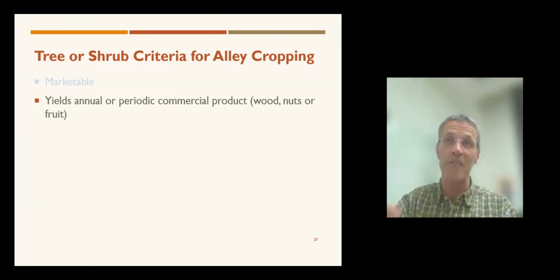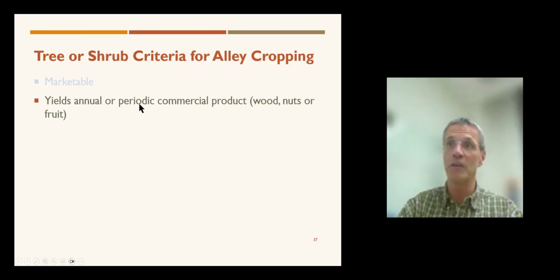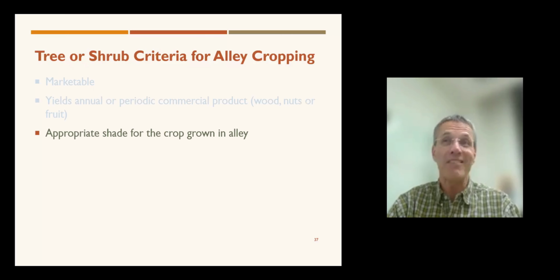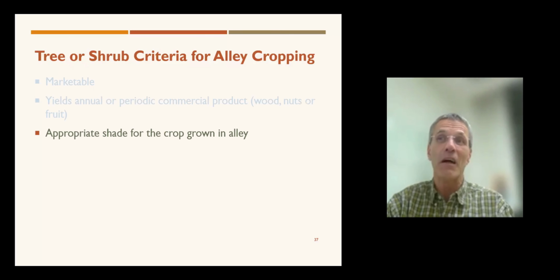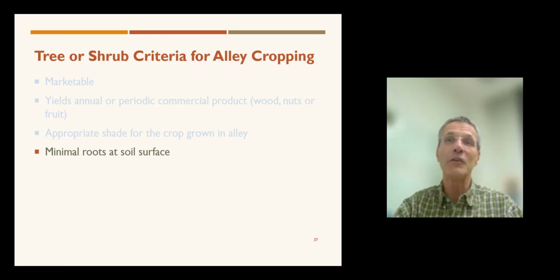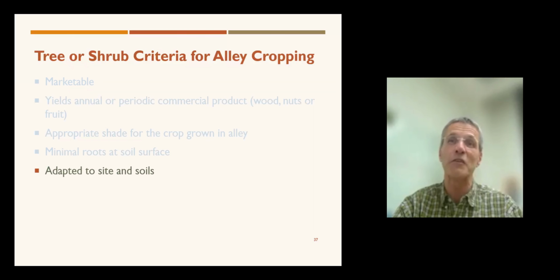But if you don't have that, let's say from a shrub, but it's like a commercial wood, then that would be the longer term. So you need to think about what's a wood that brings you most money or nuts or fruit. You need to think about how much shade you create and whether that's good, like I showed earlier with the hay growing in the southern United States, or whether that's bad, which is the case like for corn or other plants. You don't want to have roots on the soil surface. Further down, that's okay, but nothing on the soil surface.